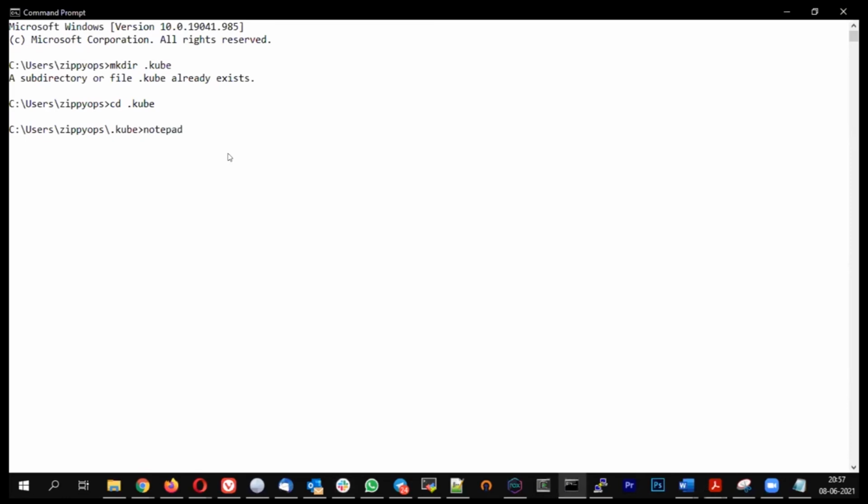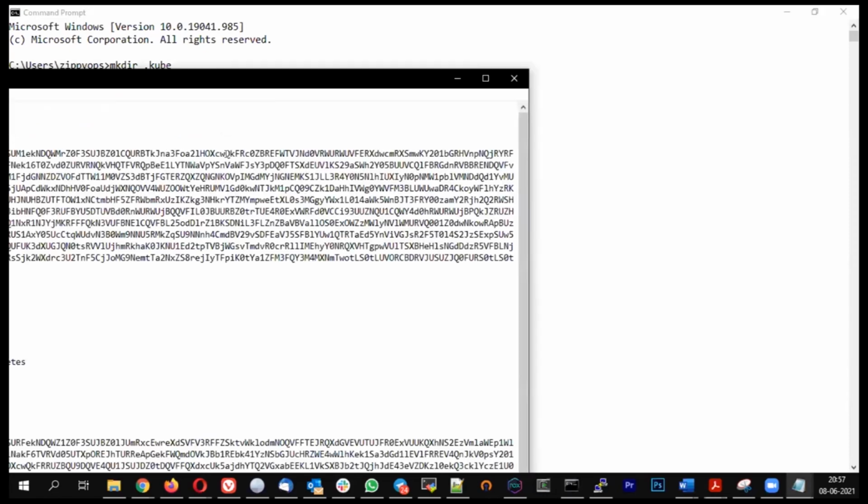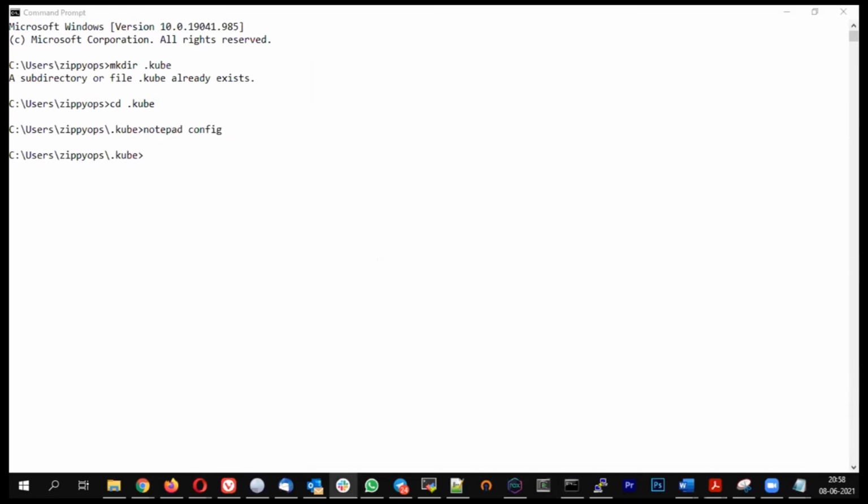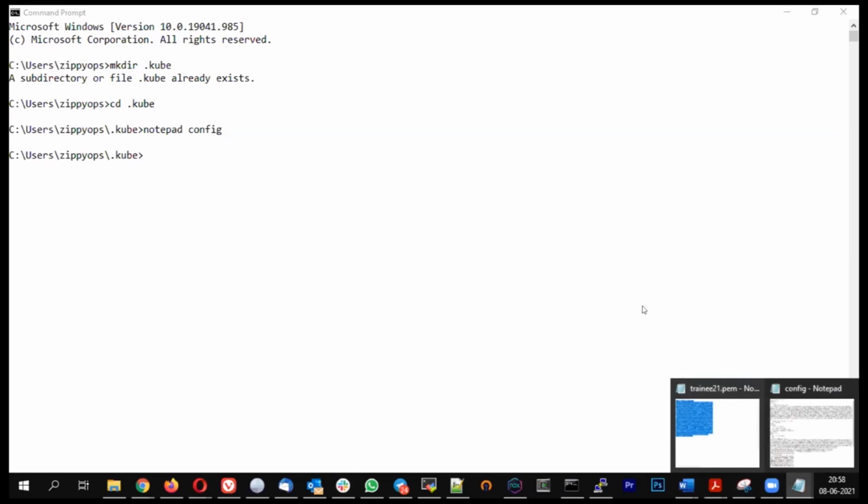notepad config. So I have an existing file, but that's okay. For you, it will open up an empty notepad. In the empty notepad,